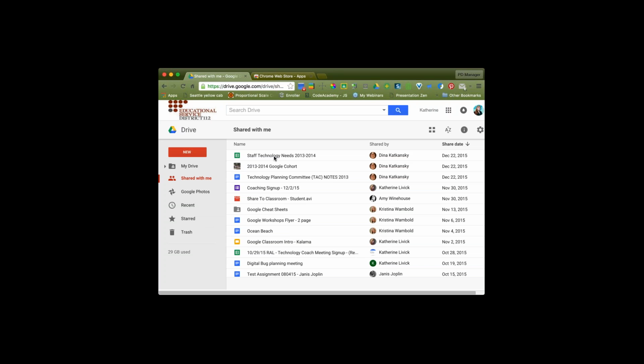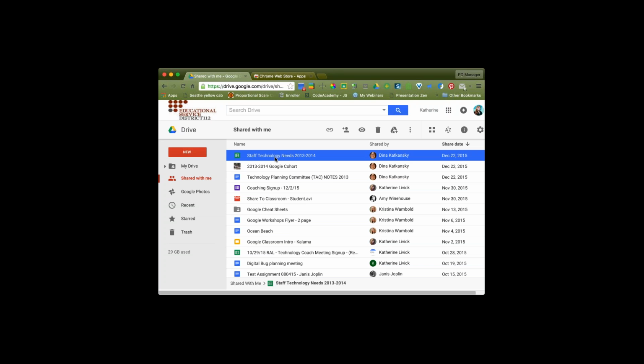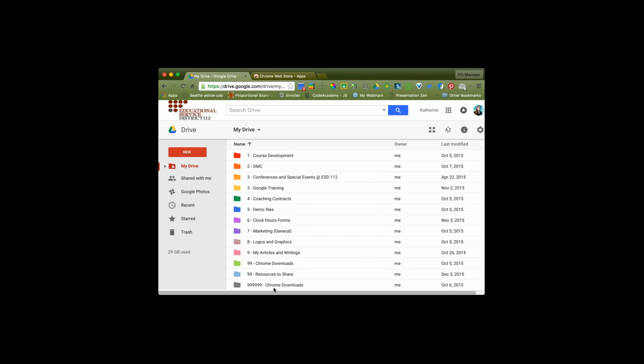And things that are shared with me are not automatically going to show up anywhere else in my drive except for the shared with me filter. So you can see when I click on this, I get this little add to my drive button. And if I do that, that'll put that into the main top level part of my drive,